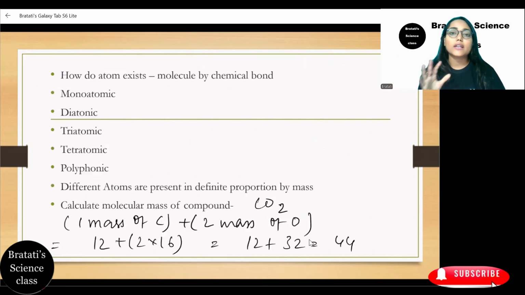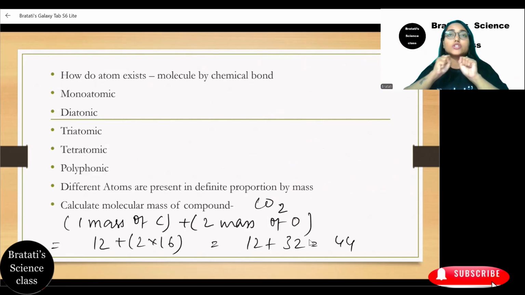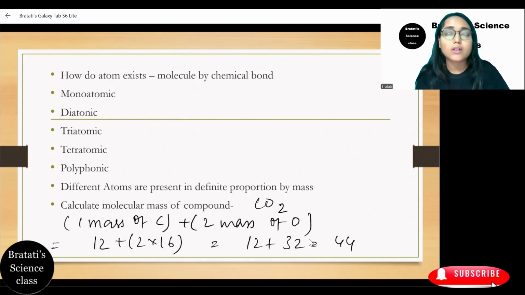We know that atoms are very small particles, then how do they exist? They can exist separately, but most of the time they form chemical bonds, or forces of attraction, with other atoms. Different atoms combine together in chemical reactions with a chemical bond, and they form a molecule. So atoms are present either singly, that is separately, for example a hydrogen atom, or in a molecule of hydrogen, where two hydrogen atoms are together to form one hydrogen molecule.